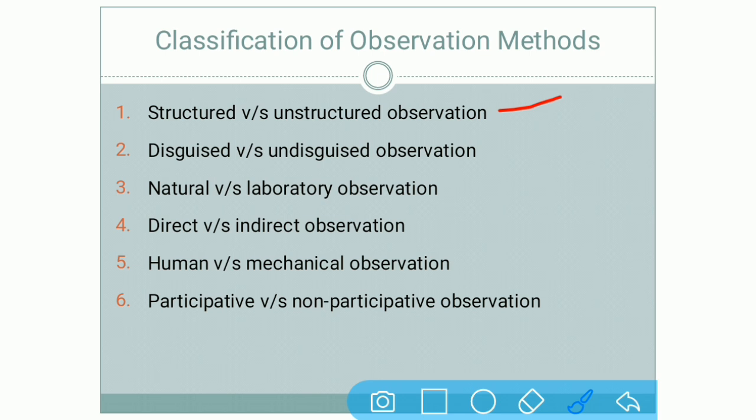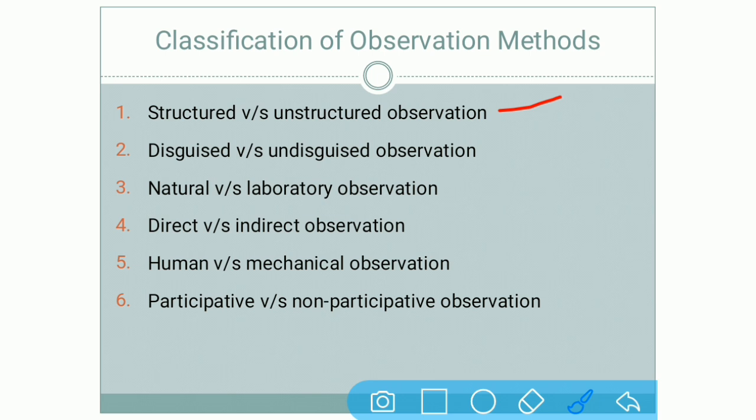Then a written record of interaction with one or a few students that are being tracked over time. Whatever interaction has happened between the students, all the conversations, if you record them, then it is unstructured observation. So in short, what is structured versus unstructured observation? In structured, whatever things are decided beforehand before doing observation. Unstructured observation is whatever comes across the observer, they are free to observe whatever thing is relevant according to their study.